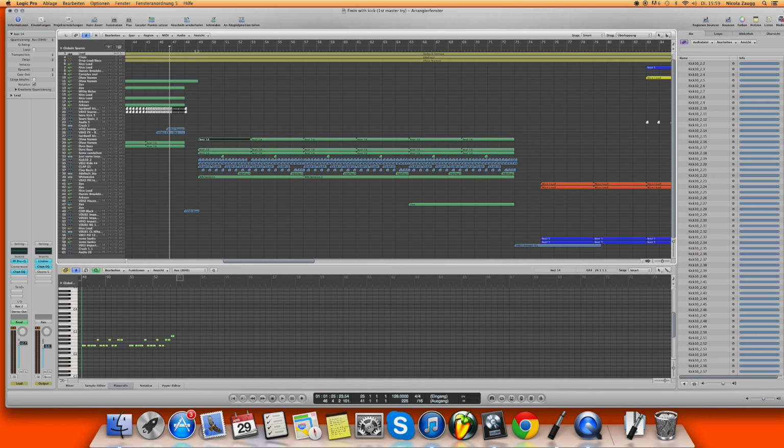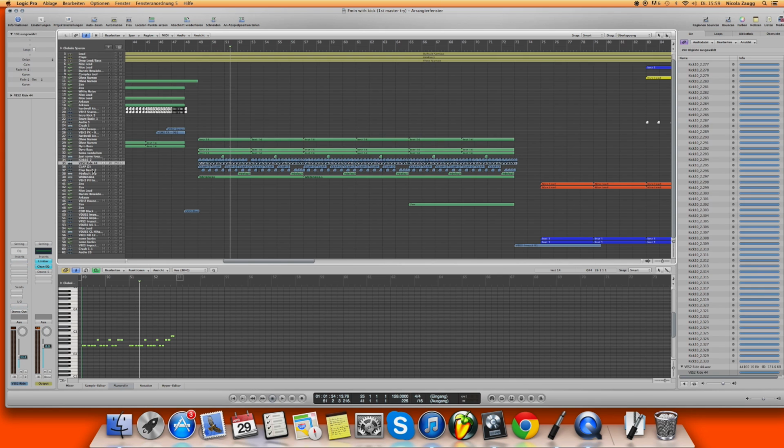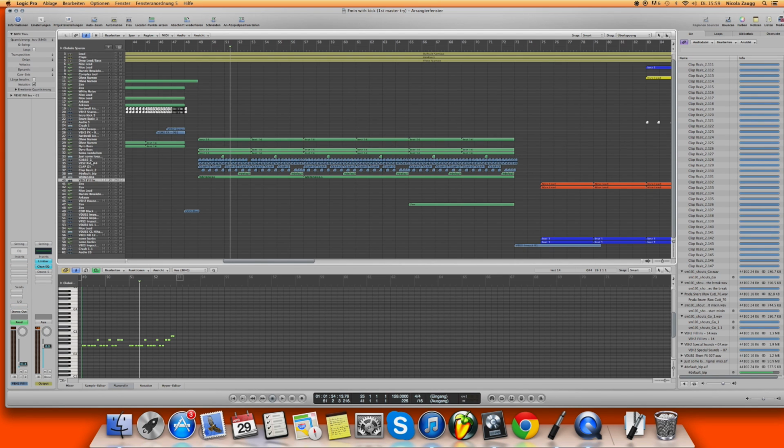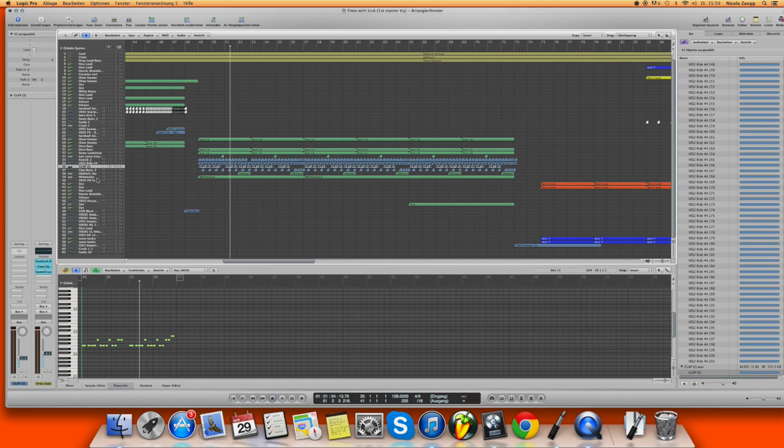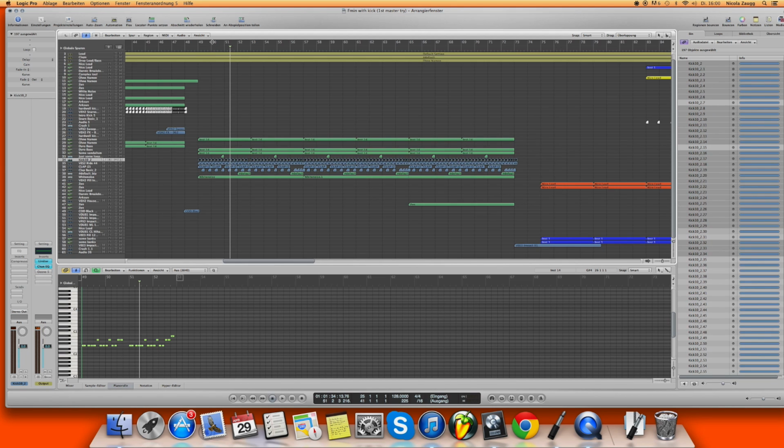These are just some basses like this, and the lead like this. Then the kick. It's a pretty short kick,